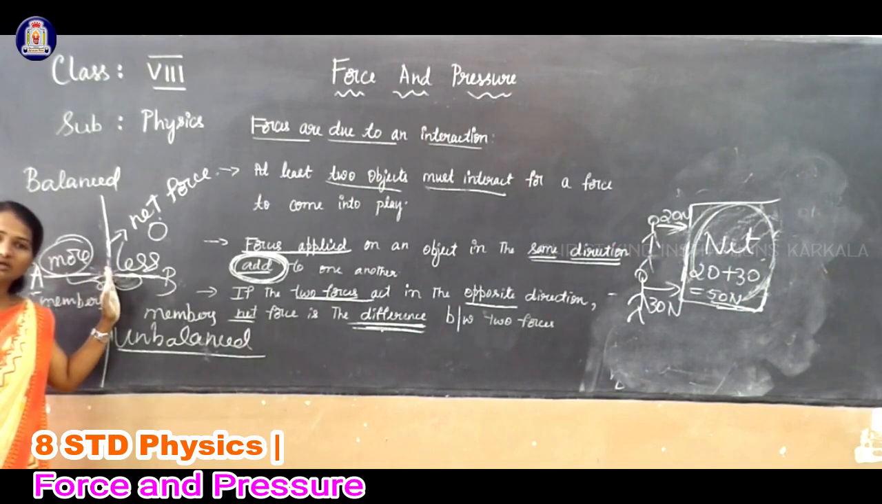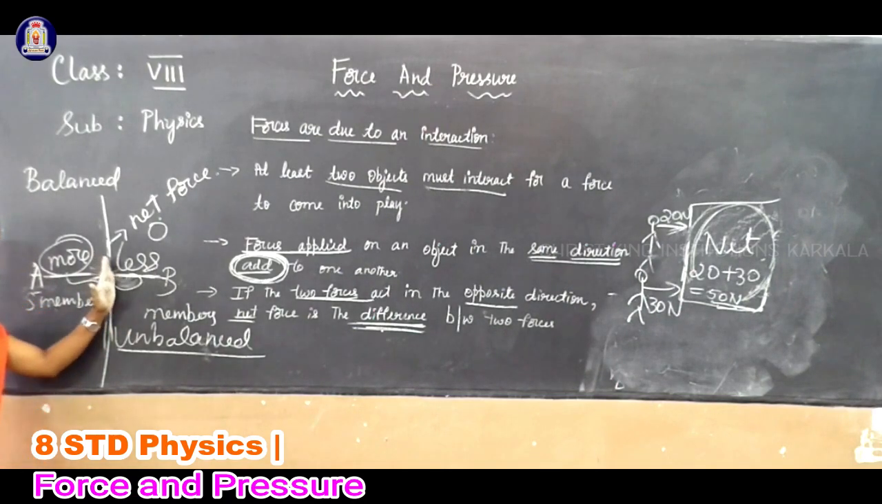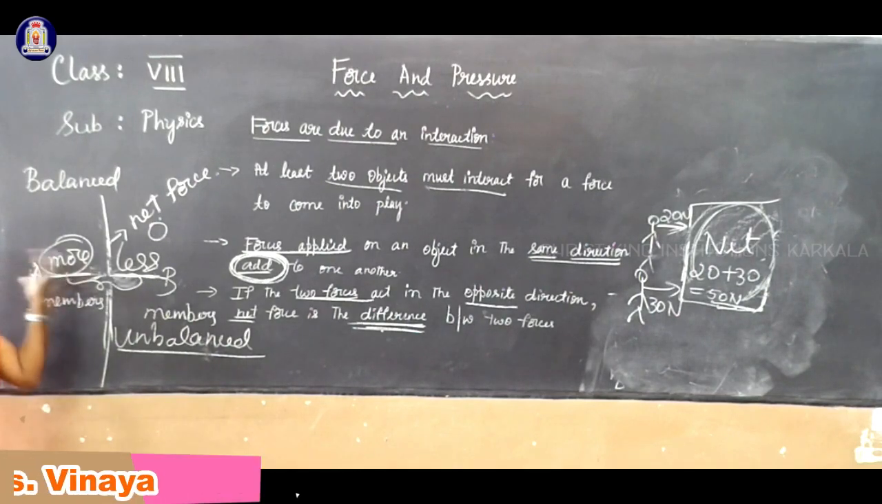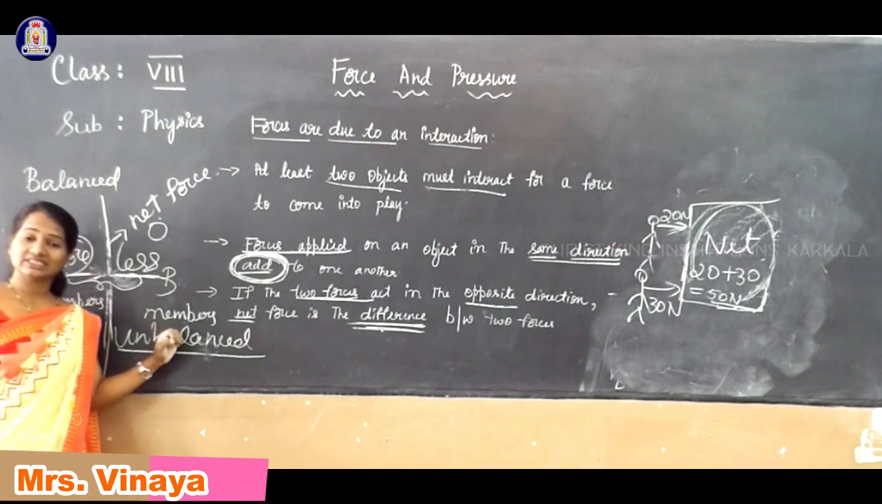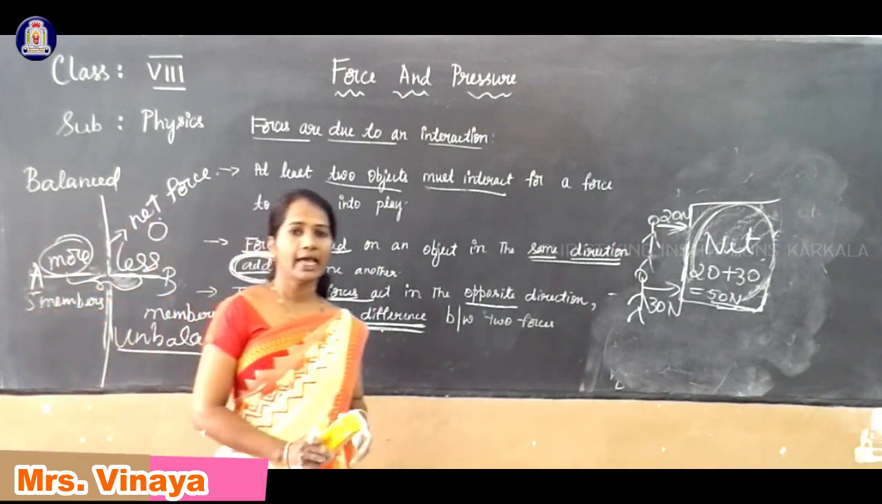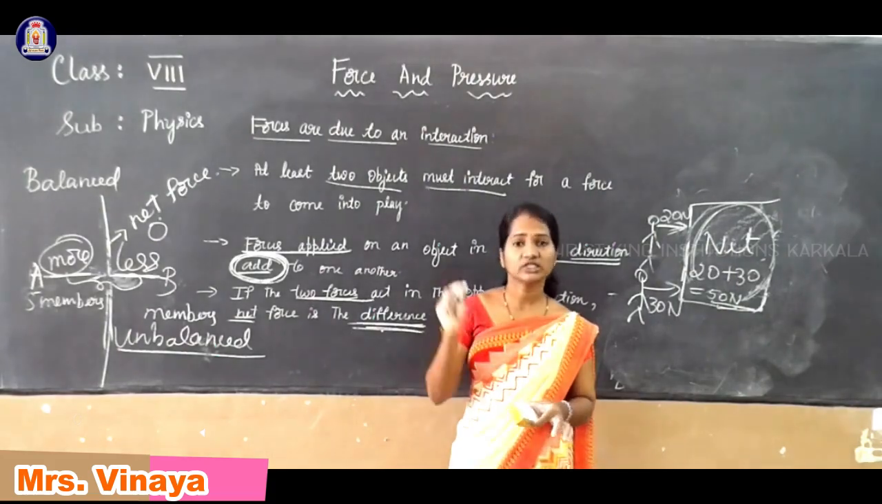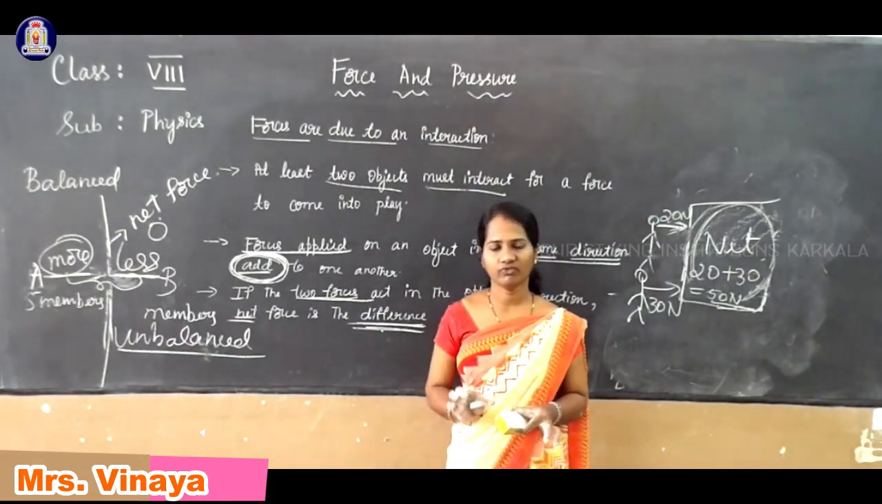What is the effect of force here? The rope starts moving in one direction. So team A wins the game. In the tug of war game, team A will be the winner. That is the effect of force. So to see any effect of force, as I explained the various effects of forces, we have to